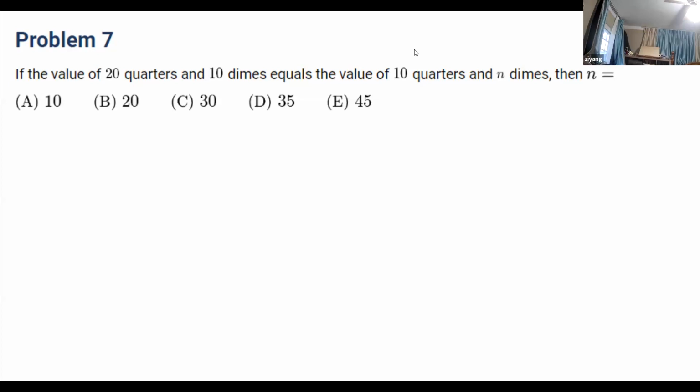Well, basically I took 20 divided by 4 because it takes 4 quarters to make $1, and I got $5. And 1 dime equals 10 cents, which means 10 dimes would be $1. So the total of 20 quarters and 10 dimes would be $6. If it was 10 quarters and an unspecified number of dimes, it would be